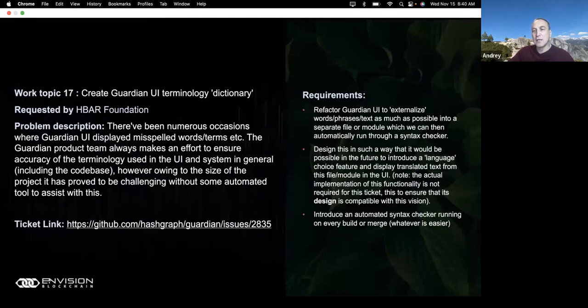Moving on. Yes, this is more refactoring perhaps, and also improvement of Guardian. The code base and the field of concepts in Guardian is becoming quite big. And it's quite difficult for our quality assurance team to check everything every time we do something. We've noticed some spelling errors occasionally in the UI. And we're expecting that Guardian might need to be translated into different languages, potentially.